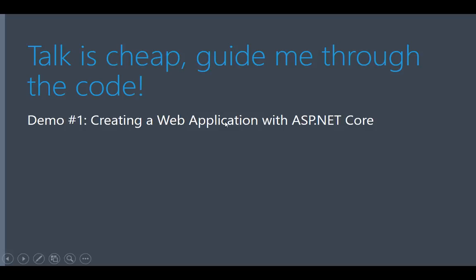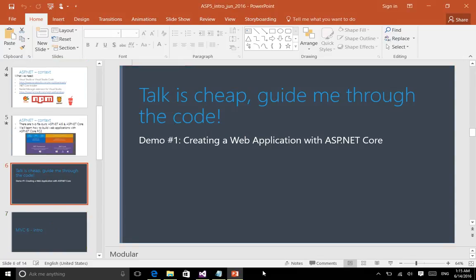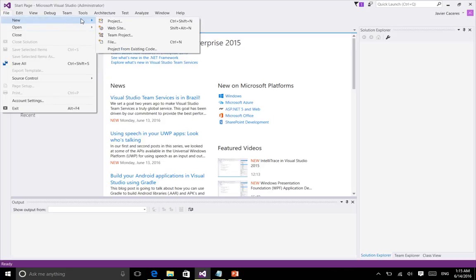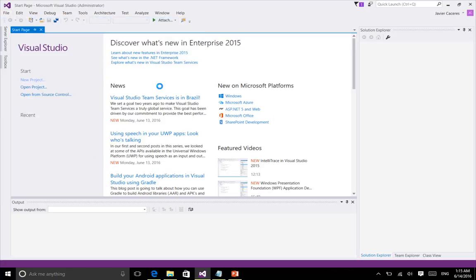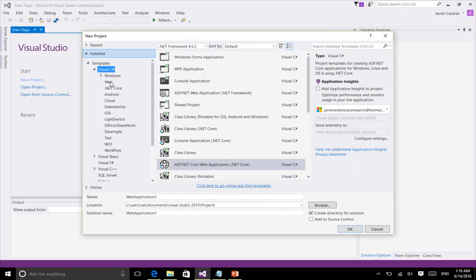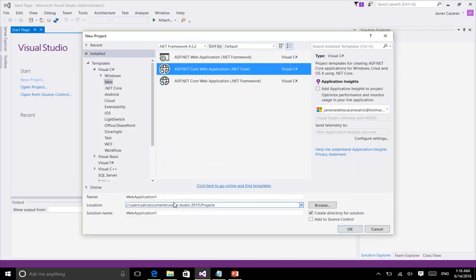In this demonstration I will be creating a web application using ASP.NET Core. So with that purpose in mind, please go to your code editor, in this case Visual Studio, then you click New Project, and then you will find a new option for ASP.NET Core. That option is under Visual C# in this case. Then you select that option and then you provide a meaningful name. I'm just going to provide something like sample web app. And then you click on create,